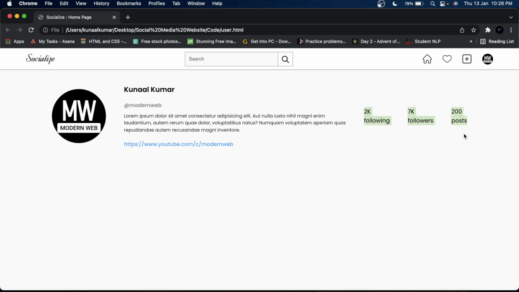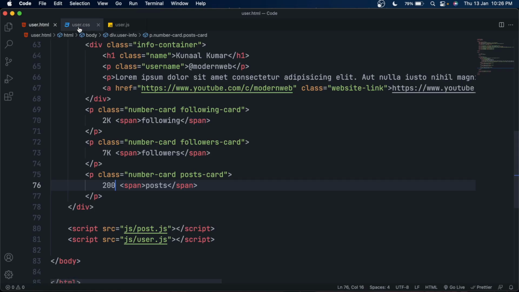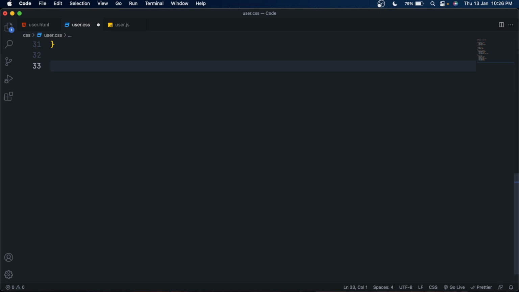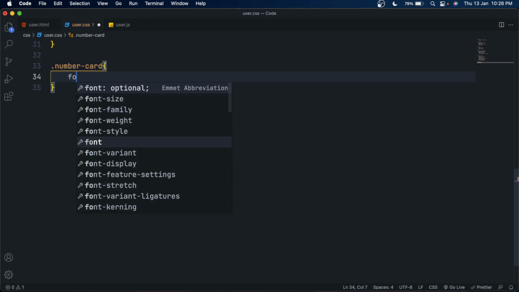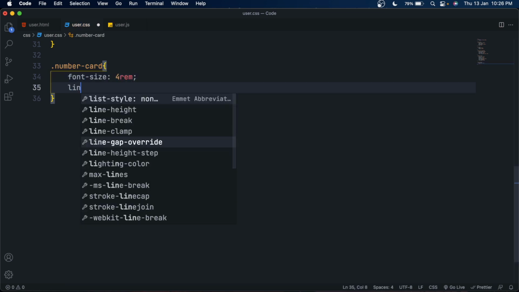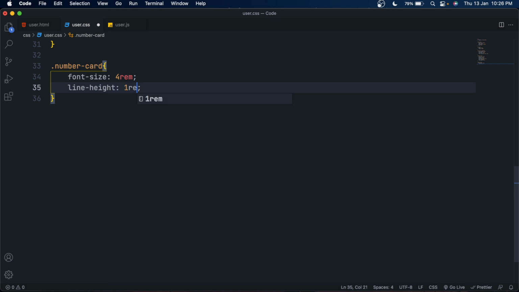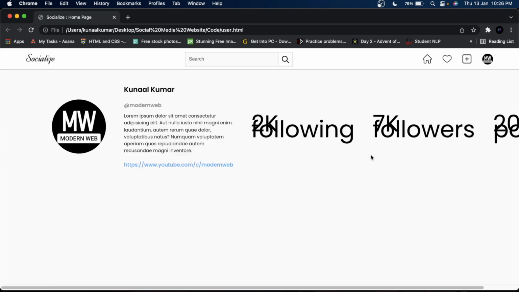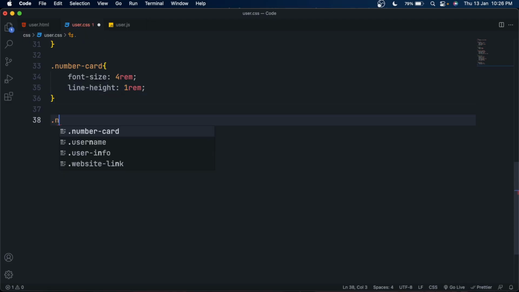Now if we see the output, it's looking awesome. Now we just have to make it a little bit bigger. So select the number card here, because we have this class as a common class, and set its font size to 4 rem to make it bigger. Set its line height to 1 rem. You can see it's looking bigger, but we don't want the span element to be that big.